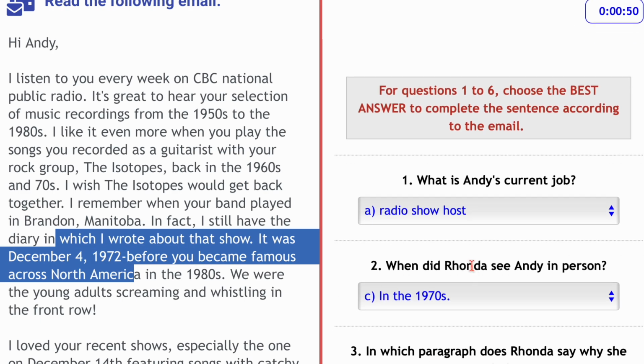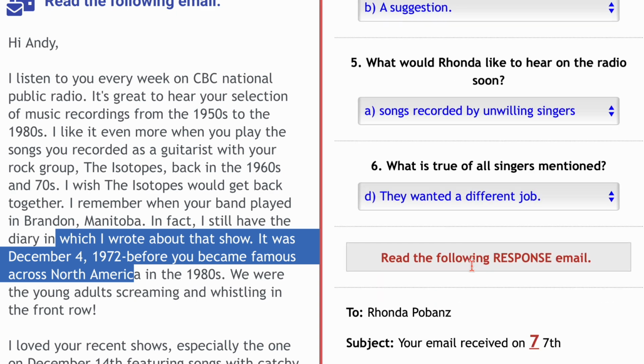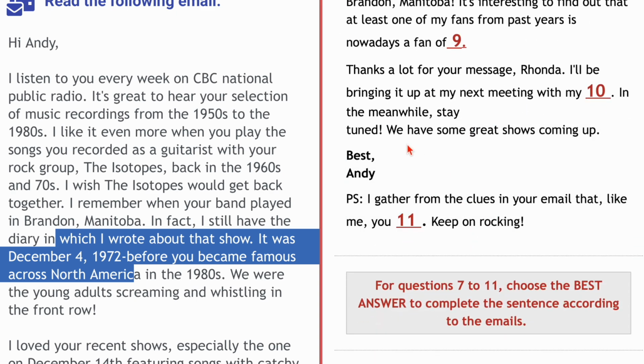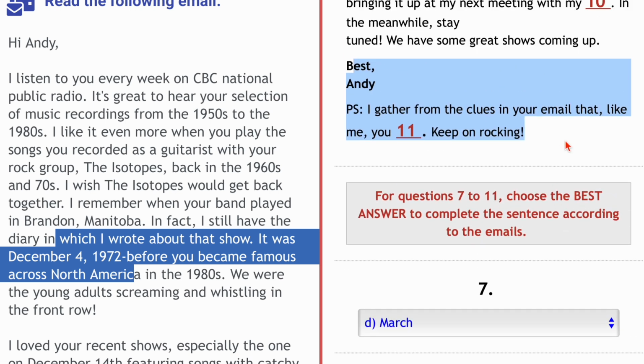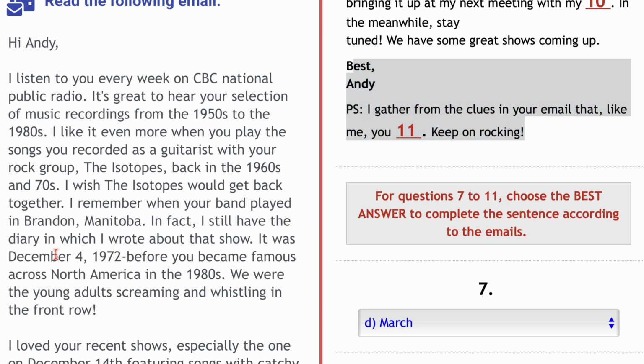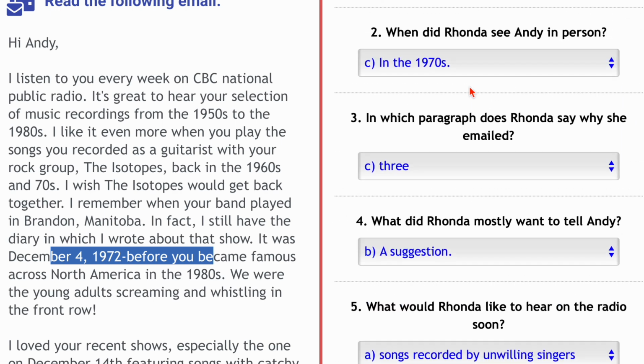How much time do I have? I still have 50 seconds. Maybe I was doing that a little bit too fast. But I will say that here. So he's saying, I guess that we were both born in the 50s because she listened to him in the 70s. And maybe they were about the same age. Usually it's your generation of people that you like their music more. So that's what he's talking about there. Okay, so